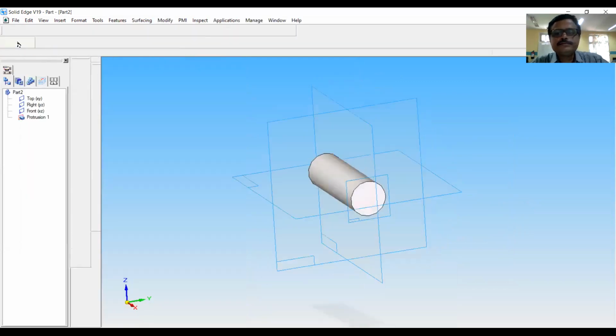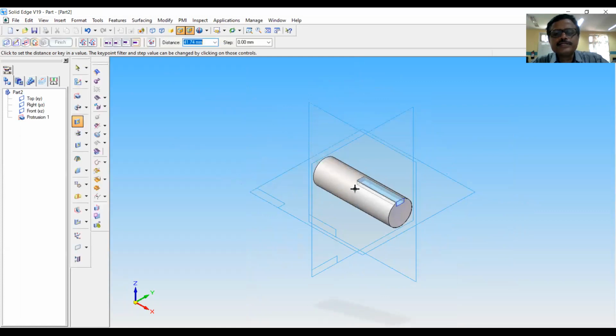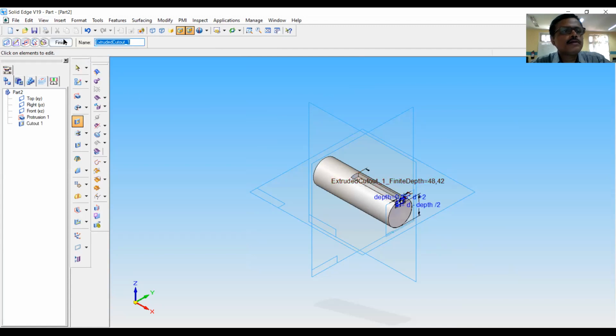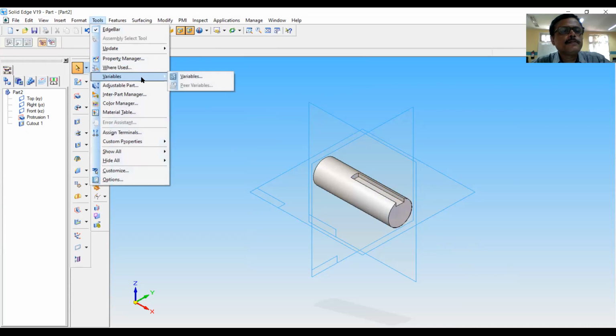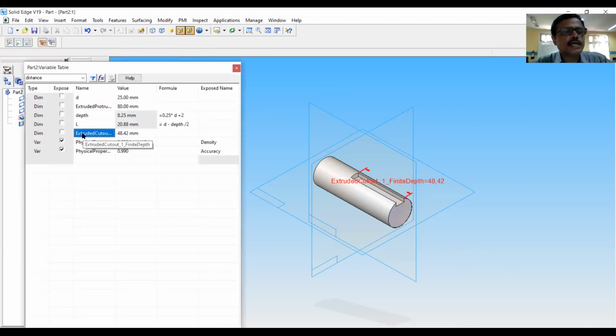Now return and enter the thickness or distance of the slot. Enter it in the variables. So this is that extruded cutout.